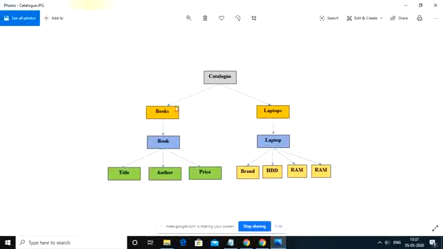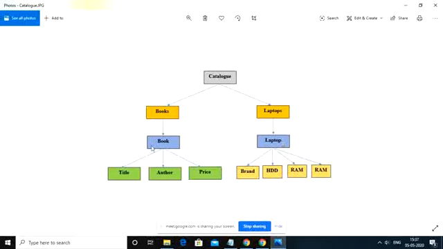The elements that you see at the same level and which have one common parent, we generally call siblings. If you see books and laptops, both are at the same level and both have the same parent, catalog. So books and laptops are siblings. But book and laptop, which we see in blue color, even though they are present at the same level, don't have a common parent. Books is the parent of book and laptops is the parent of laptop. Because of that, book and laptop are not direct siblings here.